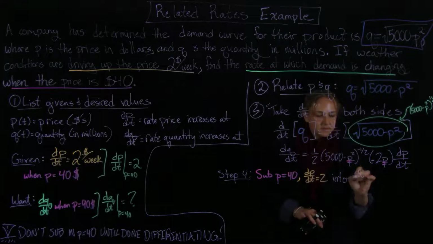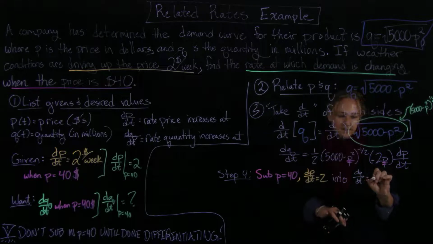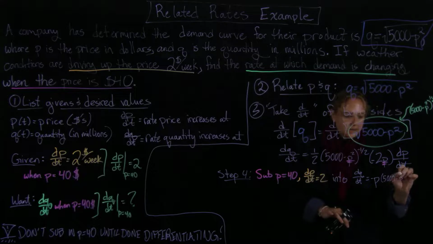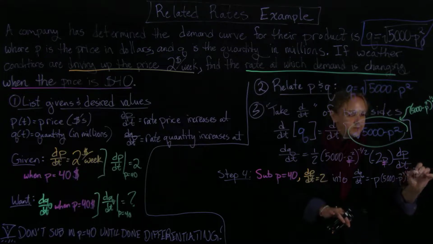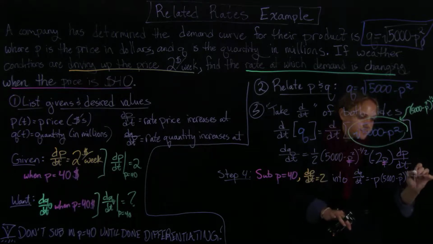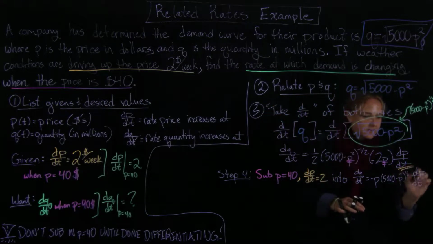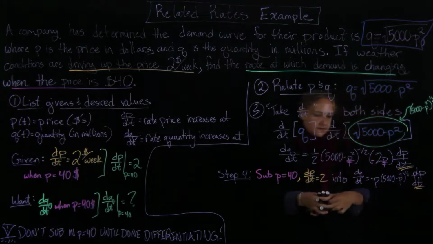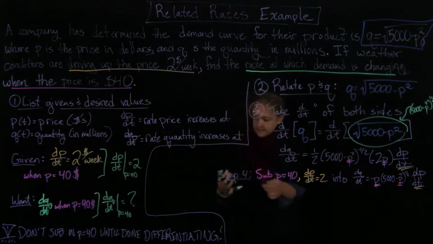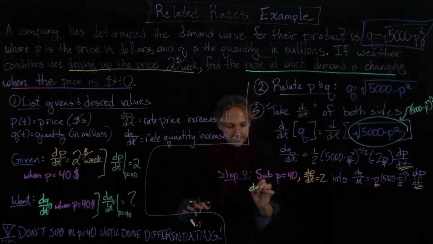So we have dq/dt equals, because I have a minus 2 and a 1/2, so I end up with minus p, and then I have (5,000 minus p squared) to the 1/2 dp, oops, let me switch those, it should be dp/dt. Okay, so this has got to go here, so we've got here, and here, and here. Okay, and so what we end up getting, and this is the dq/dt that we're interested in, is going to get that dq/dt